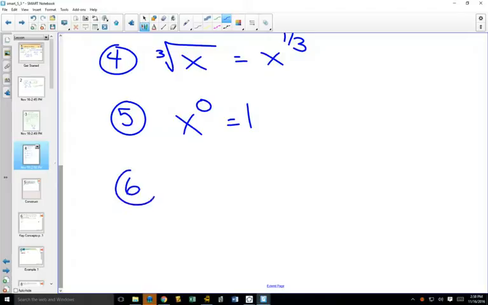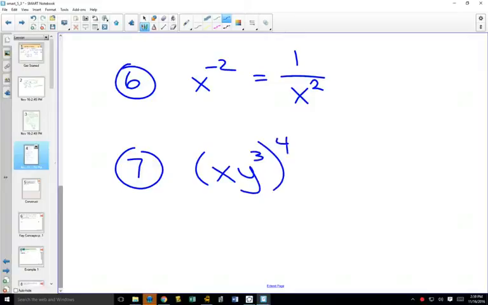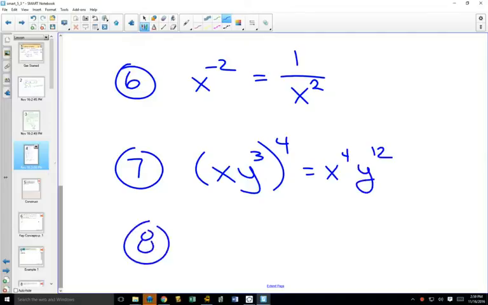What about x to the minus 2, how can you write that? One over x squared. So your negative exponent rule. How about if you have a couple things multiplied inside? Right, that'll be, I mean, you could, I guess, technically do the same thing with